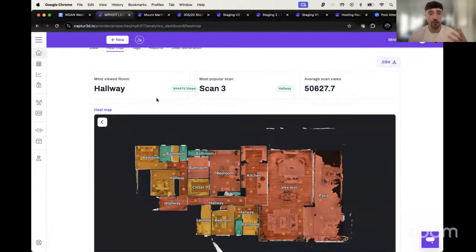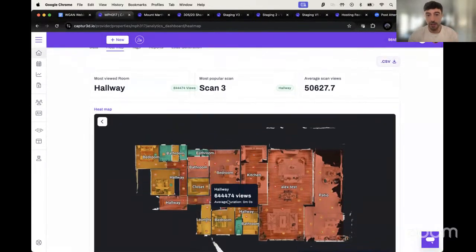So the most viewed room here is actually within the hallway. I think that's where the tour starts. We've got the most popular scan point, which is scan number 3 here, and then the average number of scan views here as well. But if we scroll down,